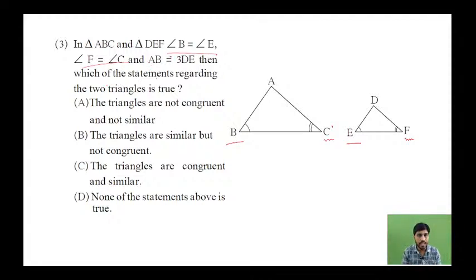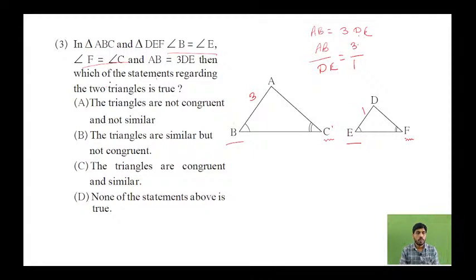And one more thing is given, that AB upon DE is equal to 3 times DE. So as DE is multiplying on the right hand side, on the other side of the equal to sign, it is going to divide. So we can write this as AB upon DE will be equal to 3, and if nothing is multiplying, then there is always 1. That 1 will divide on the other side. So actually these both triangles are in the ratio of 3:1.